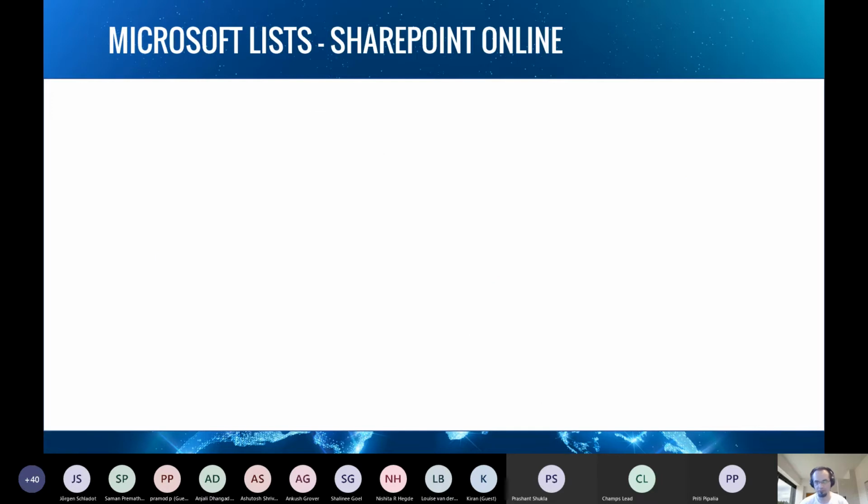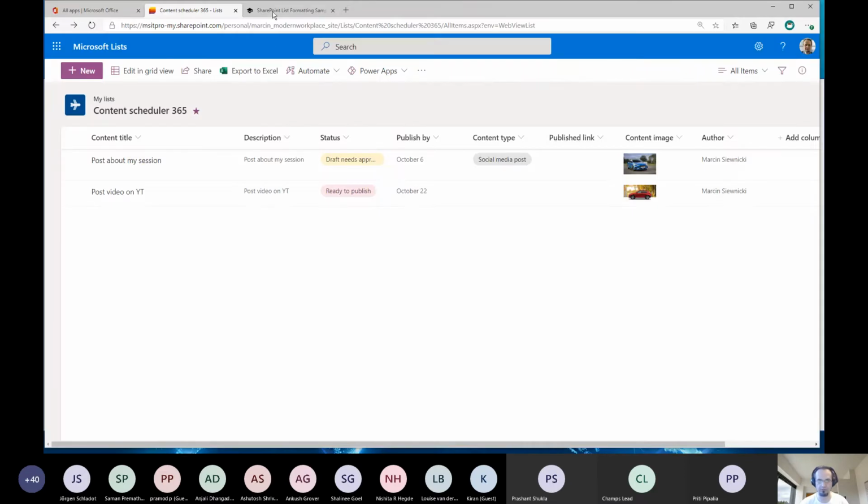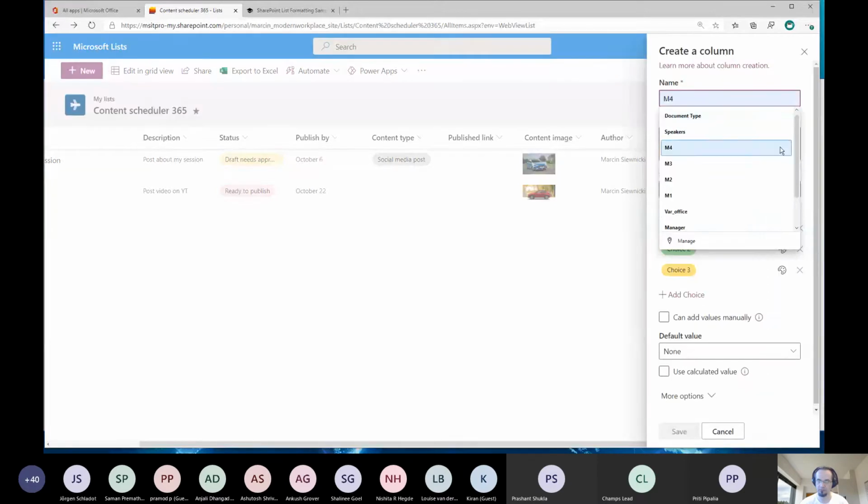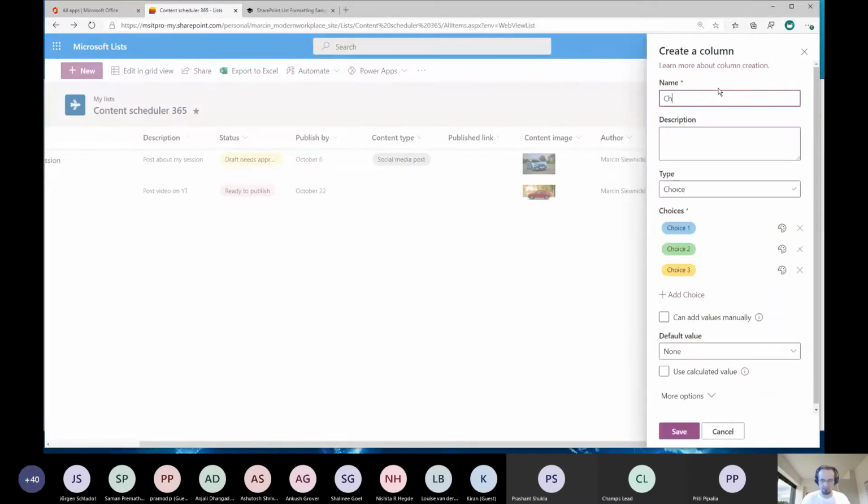Okay, so what about SharePoint? SharePoint Online, but there's one more option. I will show you that, because it's also great, and I forgot about that one. If you want to create a new column, you can do this directly from your list. But if you select choice, you will get the option to format your choices by default.